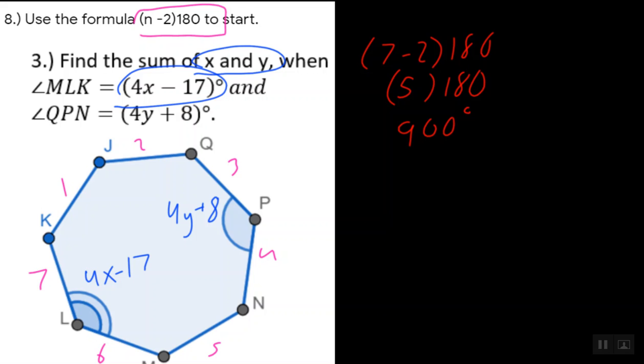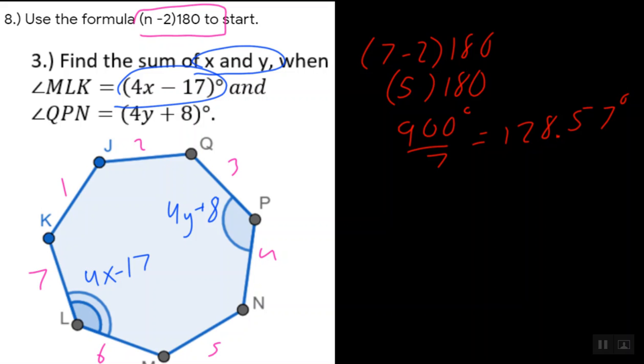Now, to see how much each one of these sides is, we are going to have to divide this by the number of angles, and so 900 divided by 7 gives us 128.57 degrees. From here, let's go ahead and continue on. And so this 128.57 degrees is what we're actually going to have to set each one of these formulas equal